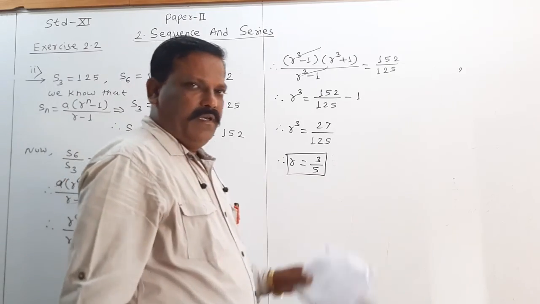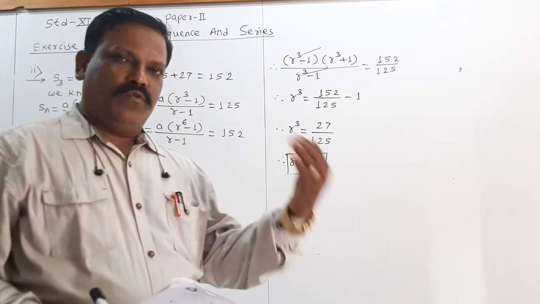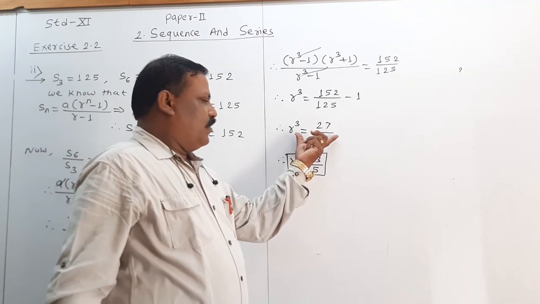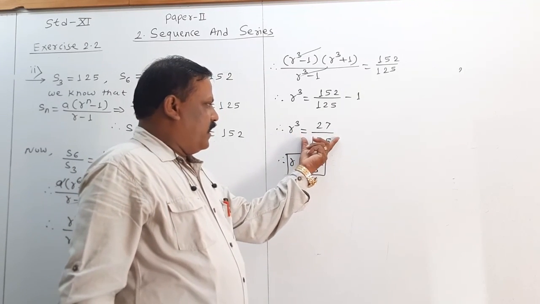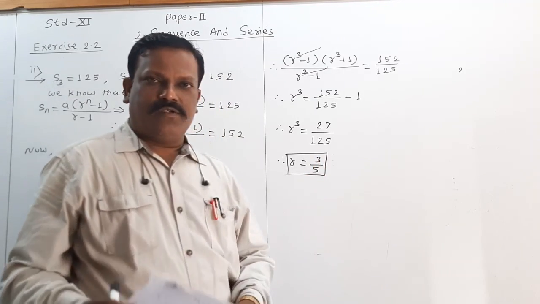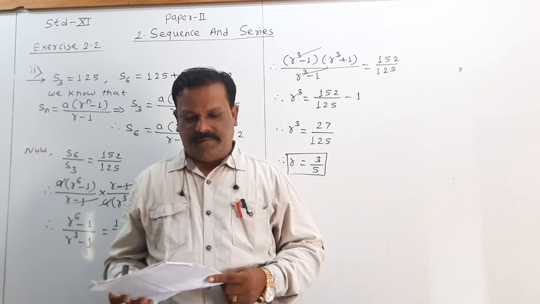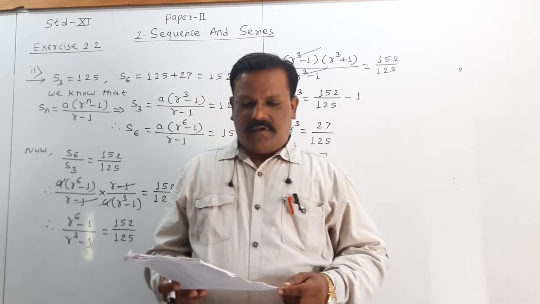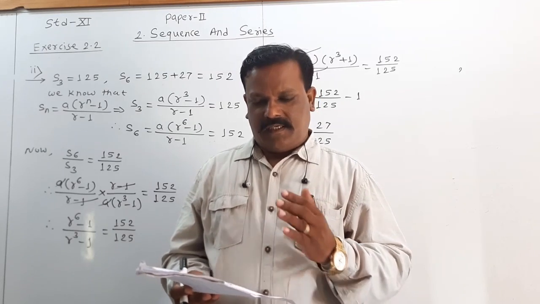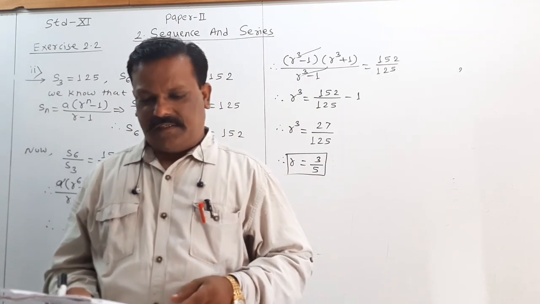3 upon 5. निगेटिव्ह आन्सर आपल्याला घेता येणार नाही, कारण निगेटिव्ह नंबरचा क्यूब निगेटिव्ह आणि पॉझिटिव्ह नंबरचा क्यूब पॉझिटिव्ह, त्यामुळे याचा आन्सर ज्यावेळेस तुम्ही क्यूब रूट घेता त्यावेळेस पॉझिटिव्ह नंबर आहे त्याचं क्यूब रूट किती येईल? 3 upon 5. So that is the required solution. So in this exercise we are to complete the question number 3. In next question number 4 to 13, these examples are very important. So that will be solved in next exercise. Okay.